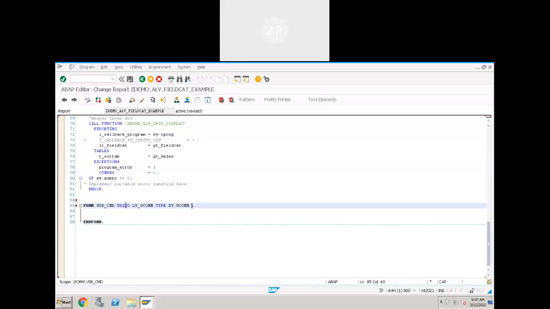So whenever you click on a particular button, for example, if you execute this button, there should be a code for it, a button code. What is the action for this button? That action will be captured in this system variable SY-UCOMM, right? So this will be used in many places. It captures the action. When you click on a specific button, what is the action for that button? That will be captured here.